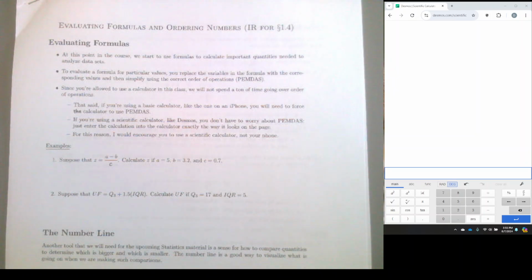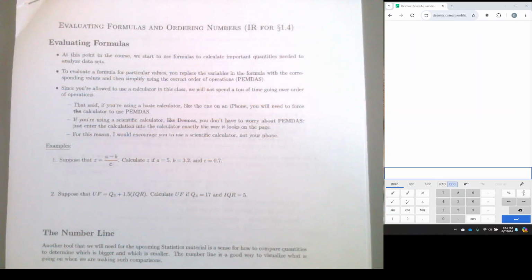All right, so starting at about section 1.4 of the statistics material, we're going to start to encounter formulas, and we're also going to start to encounter criteria for deciding if certain values in a data set are unusual and things like this. So let's take some time and review a little bit about how to evaluate formulas and how to compare numbers